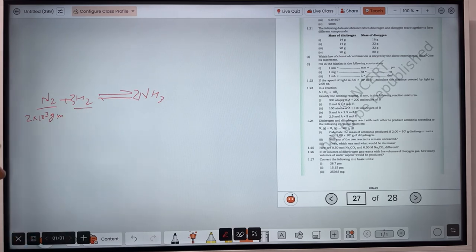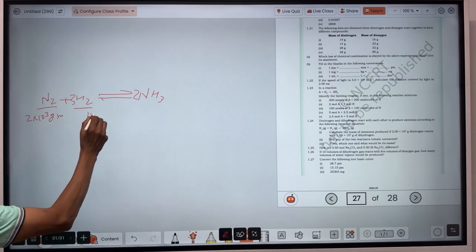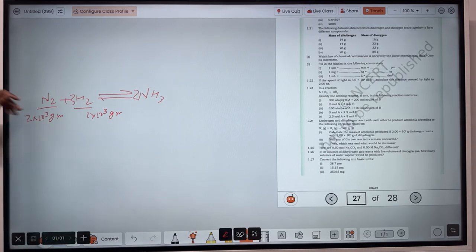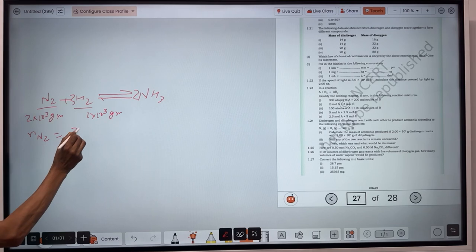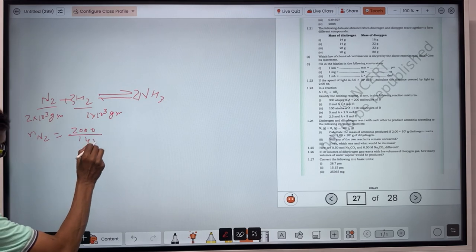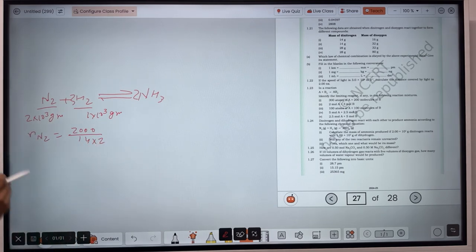Hydrogen is given as how much? 1 kg. Now calculate the number of moles of nitrogen. The number of moles of nitrogen will equal 2000 by 14 into 2. Then the number of moles of hydrogen will be